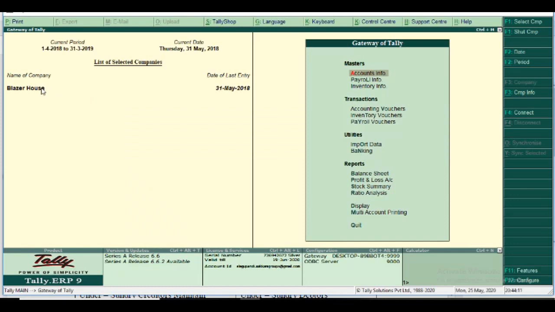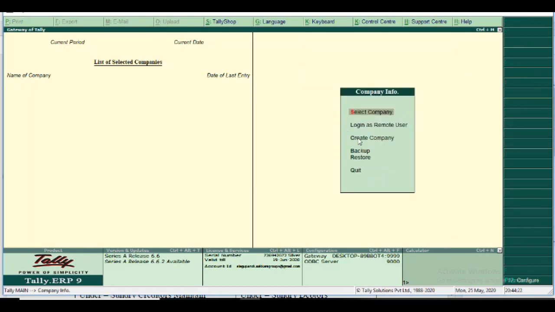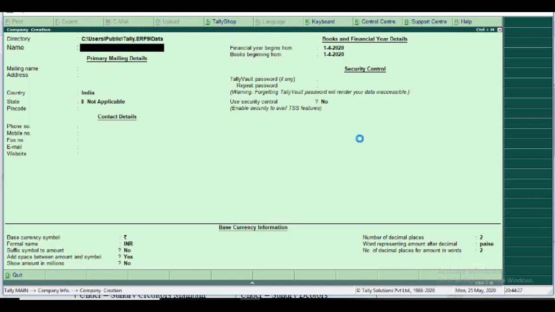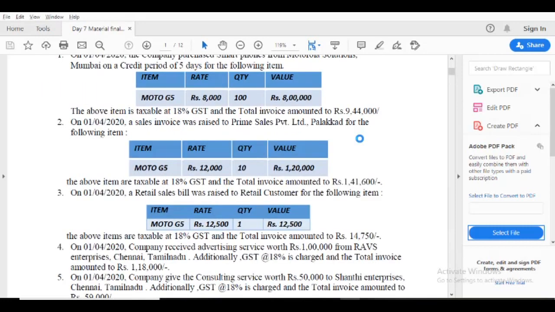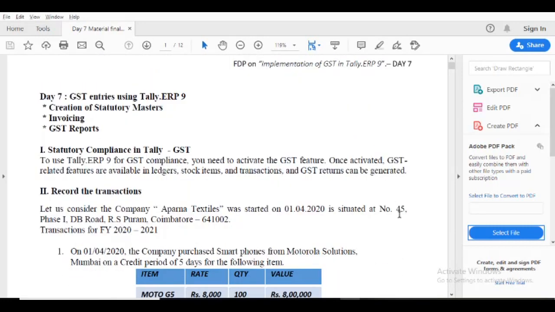First, I close the unwanted companies, if any companies are shown. Then I create the company name as Abarna Mobiles. The address is Number 45, Space 1, DB Road, R.S. Puram, Coimbatore 2.